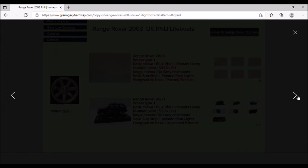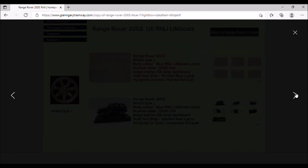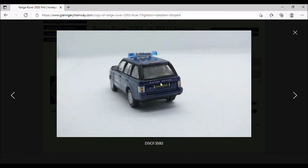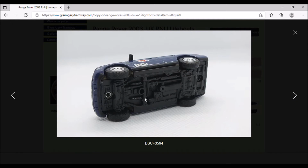So, standard wheels. The blue light, which we've seen on the police versions in the 4.6 version. That's another view. Right, the other side is treated in a similar way. Right, on the front you can see it is just the small sun strip arrangement, which is what they came to be pretty standard in the later models. And there we have Range Rover nicely picked out in the back, lights all depicted nicely. Lifeboats instead of police or rescue, or what we've seen in previous models. Cross on the light bar there. The base is just plain Jane base,